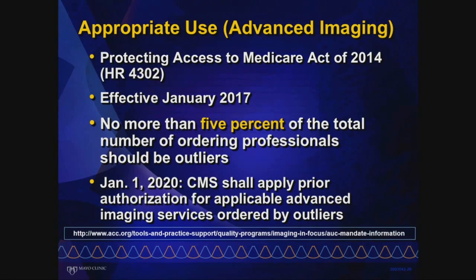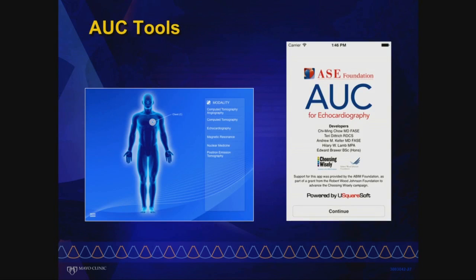And quite honestly, it's not the referring physicians really that get bit by this, it's our facilities. So we owe it to ourselves to make sure that the facilities are maintaining appropriate use. And again, this is for advanced imaging, not echocardiography, but I can't help but think that someday it will be applied. And there's an app for that. So if you need to know how to look at appropriate use, there's certainly the 40-page appropriate use guideline, but I find the app very helpful. And ACC also has the focus tool, which can be used for echocardiography and the other imaging modalities.